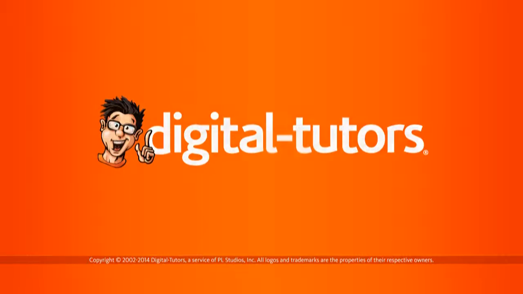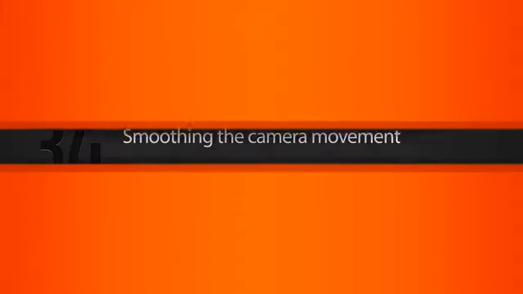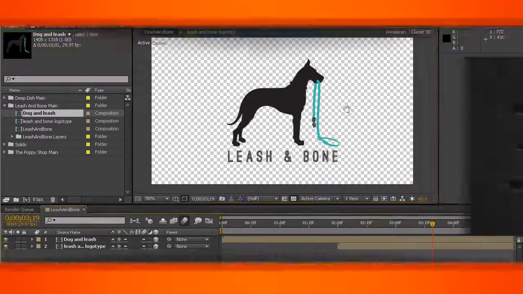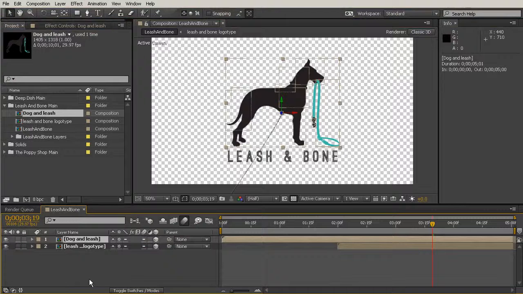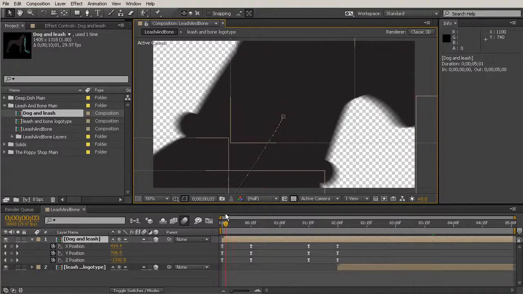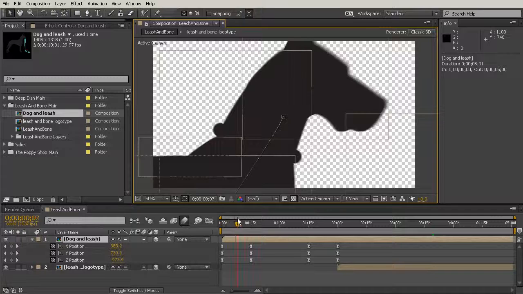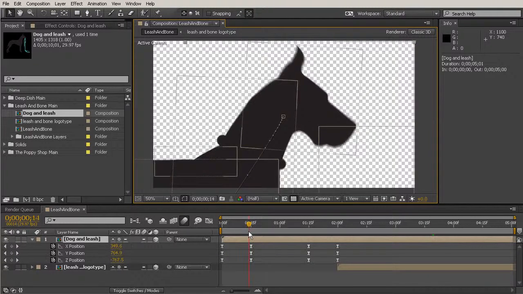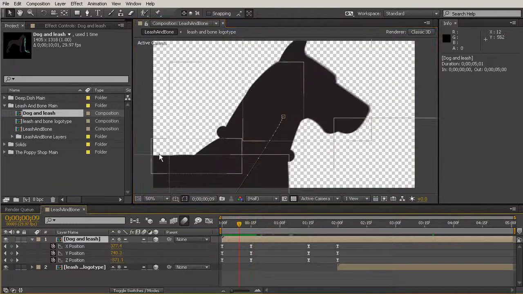In this lesson, we'll be smoothing out our camera movement. Okay, so let's go ahead and come in here and take a look at our dog and leash comp, which is kind of acting as our camera since we're moving it in relation to our comp here. So I'll just hit the U key to bring up those keyframes, and we're starting out kind of pulling this into position, and you can see how it really noticeably goes down right about there because of the way the